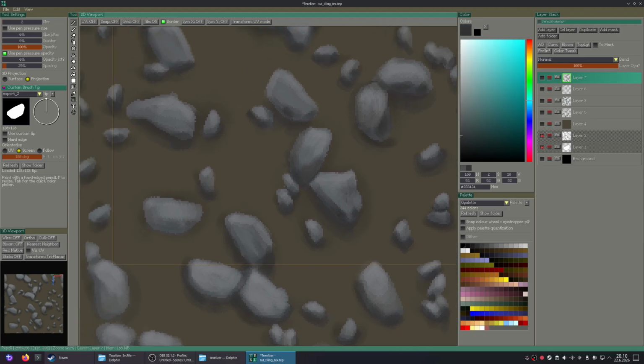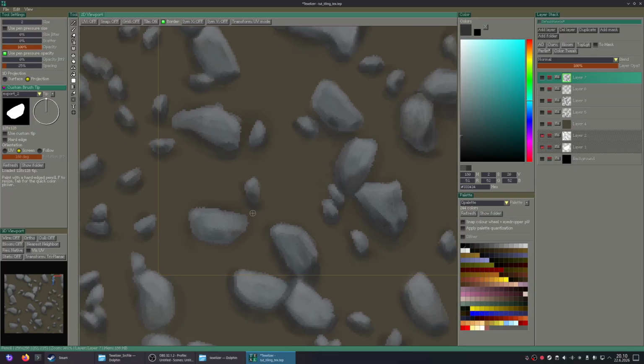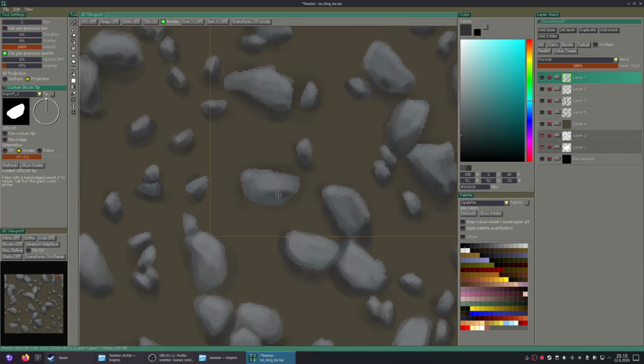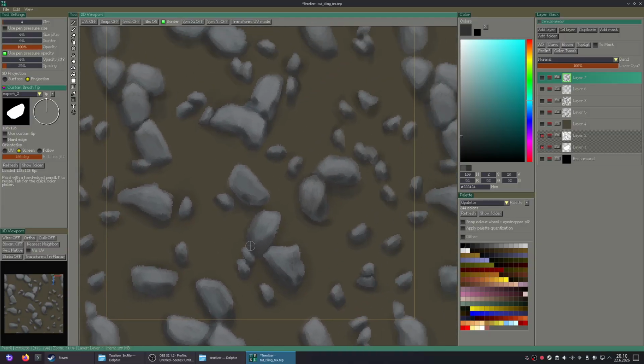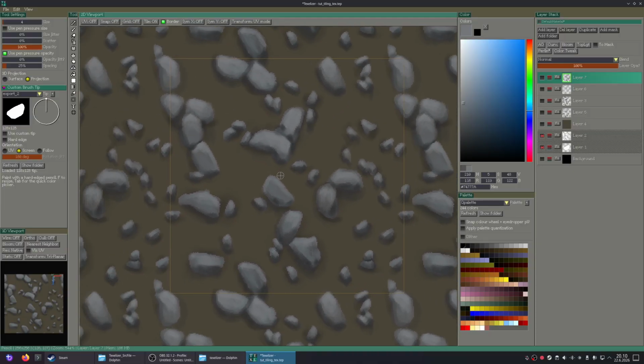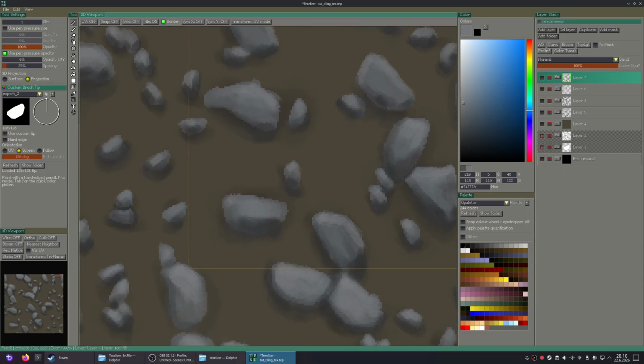But you can also always do a better job than I at making this. It's not really about Texelizer, it's just about your art skills.